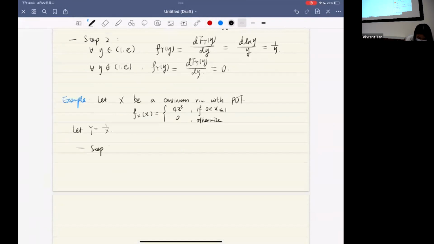Step 1. Y smaller than x. For any x in 0 to 1, we have that y equals 1 over x, which is in the range 1 to infinity. So here this